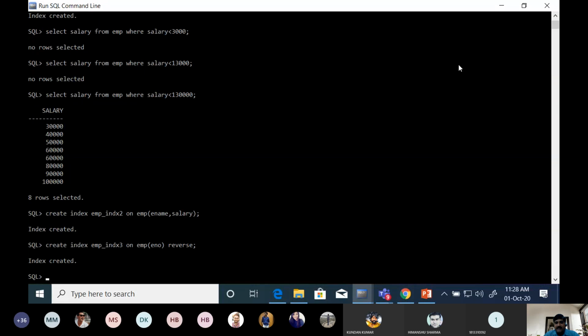And next, what about the next type? Simple index, composite index, then reverse index and unique index.